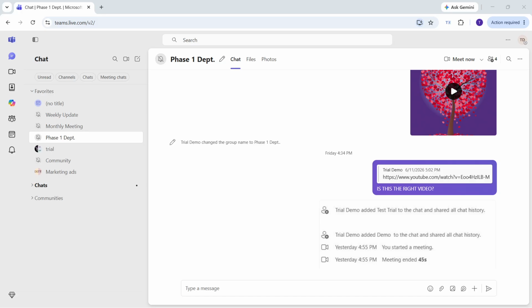To begin, open Microsoft Teams and go to your chat section. From there, open the group chat you want to review. Make sure you're selecting a group conversation rather than a one-on-one chat, since this option is most useful when multiple people are included in the same thread. Once the chat is open, you'll be able to see the conversation history and the controls across the top of